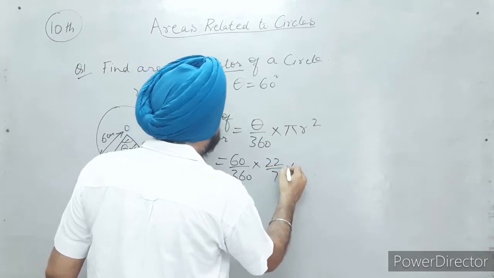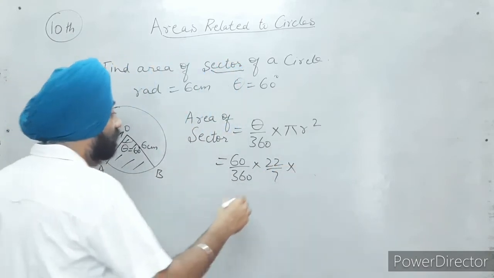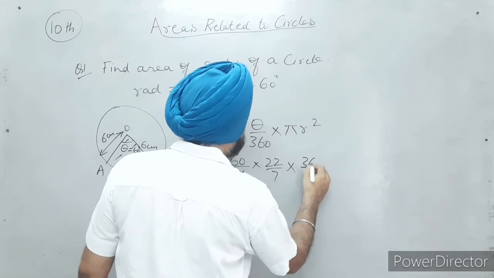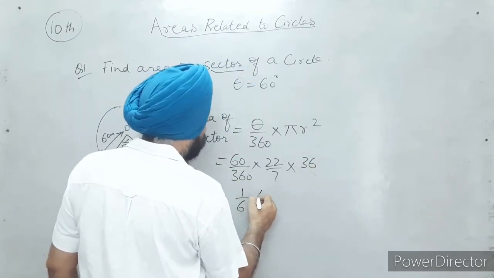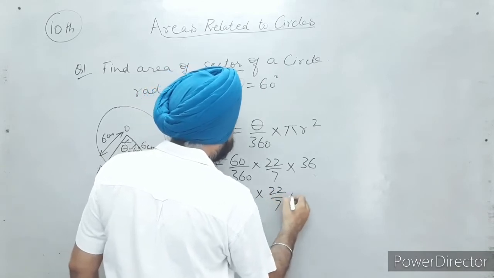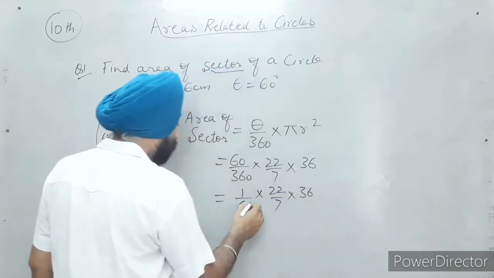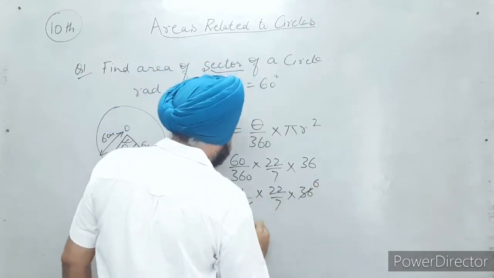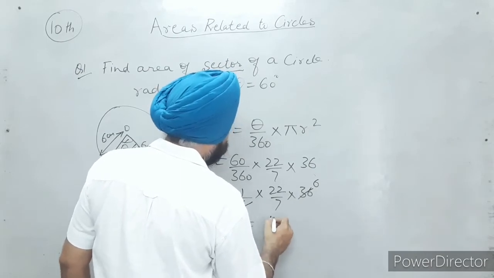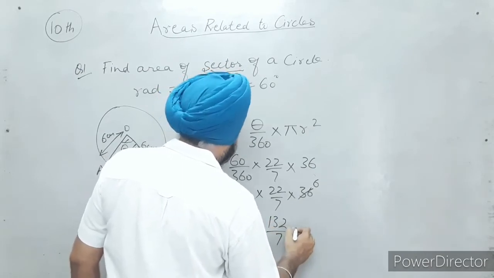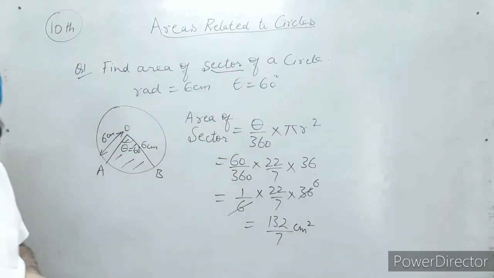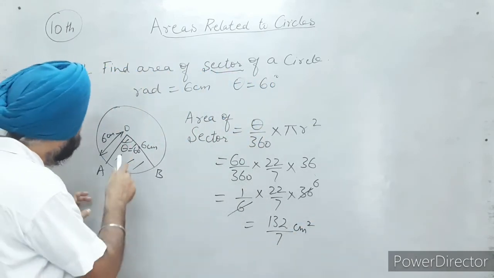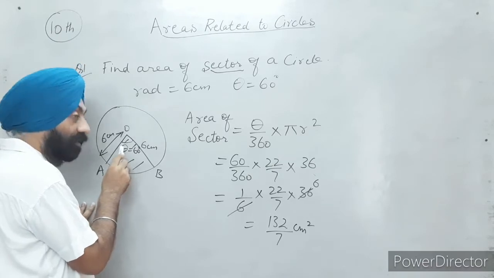Pi is 22 by 7. Radius is 6 centimeter, square, that is 36. Now 1 by 6 into 22 by 7 into 36. 6 sixes are 36, 6 twos are 12, so 132 by 7 centimeter square is the area of this sector